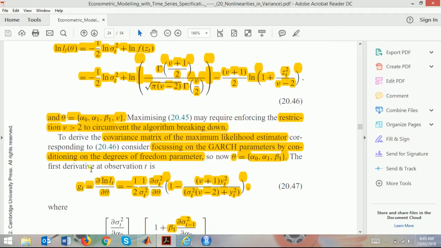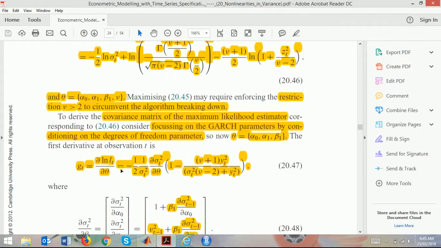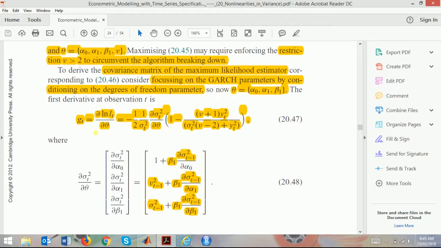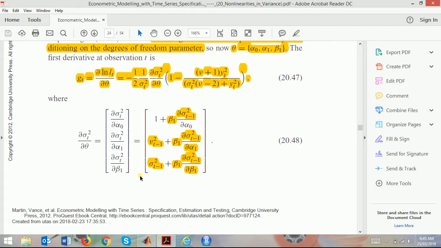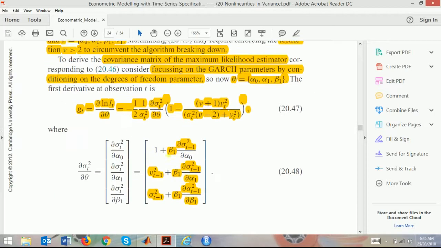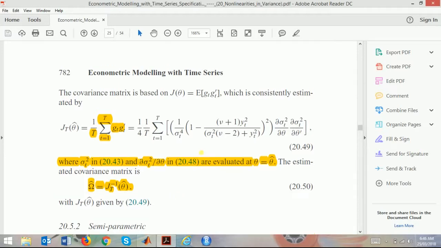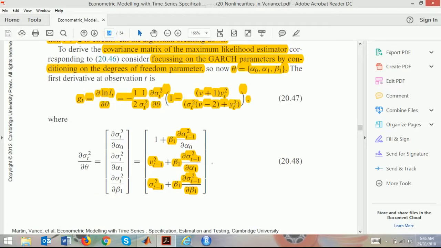Now when we move to GARCH parameters, focus on GARCH parameters. Obviously the log likelihood function, we first difference it, which gives us the gradient, then from the gradient we can find a variance covariance matrix, the variance, and also the covariance matrix from the squared gradient, and also the Jacobian J, which is simply the inverse of theta. So using this, and the question which